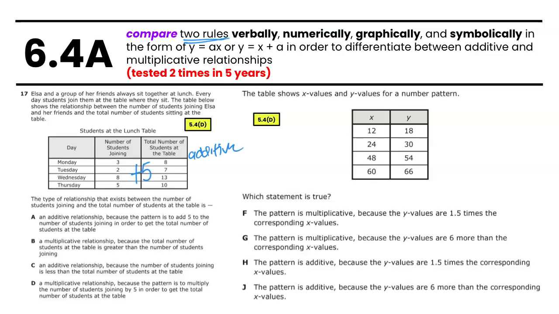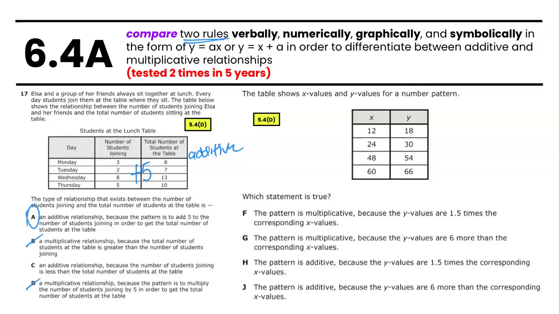And so therefore we would be looking either at A or C. And A is the correct justification because the pattern is to add 5 to the number of students in order to get the total number of students at the table. In the question on the right, they're given a table and just have to determine from that whether it is